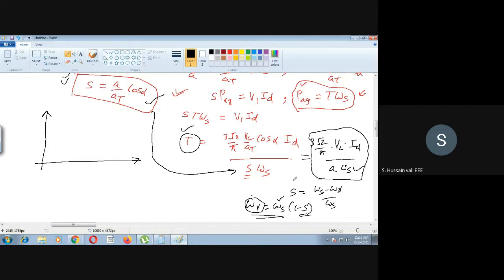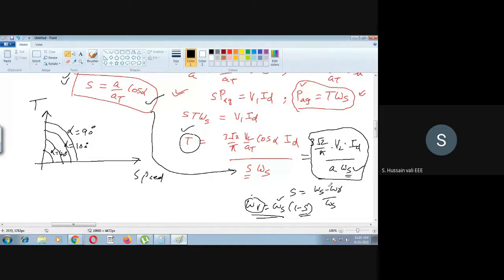Then one thing you can say is that the torque and your speed are inversely related. So if they are inversely related, I will take this as torque, I will take this as speed. Then you will get these graphs. I will draw the graphs here. Different graphs I will draw, and these graphs are for different values of alpha. This is alpha is equal to 90, alpha is equal to 100, alpha is equal to 120. So you increase the alpha value, so the graph will come down like this.